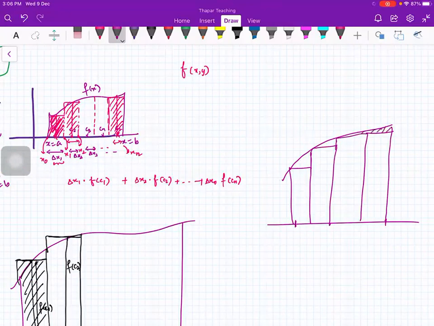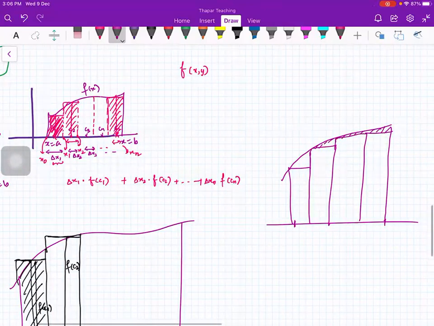This area is missing, right? Now if I divide it into 10 parts, I'll get a better area. Is this thing okay? Because you will have small rectangles, so small area will be missing. So you'll get a better area representing the area under the curve. And when you divide it into 100 parts, you will get still a better value. And if you divide it into infinite parts, you will get exactly the area under the curve.